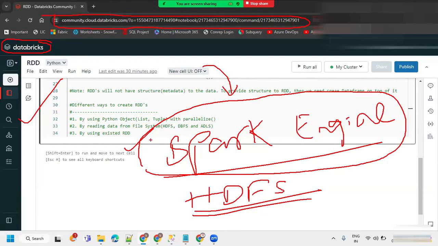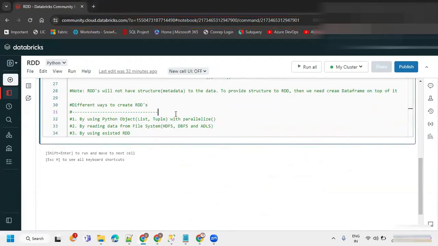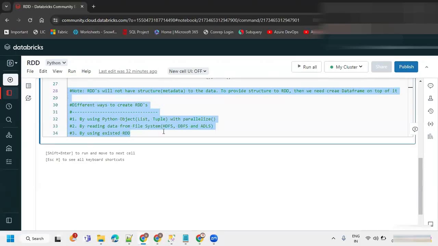So Spark is an engine where we are going to do the processing. PySpark is nothing but engine plus coding. You can write this code anywhere, even in a Python environment, with a Python IDE also you can write it. But you need to install Spark. Spark needs to be installed. Here we are not installing anything. We are doing everything with Databricks because Databricks is taking care of it.